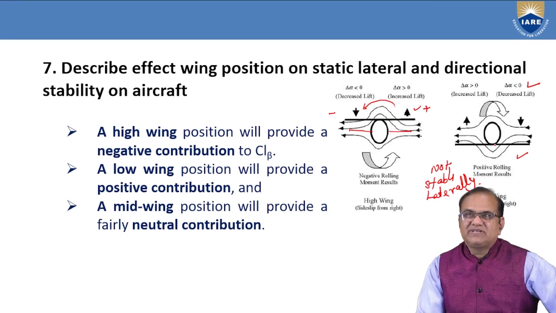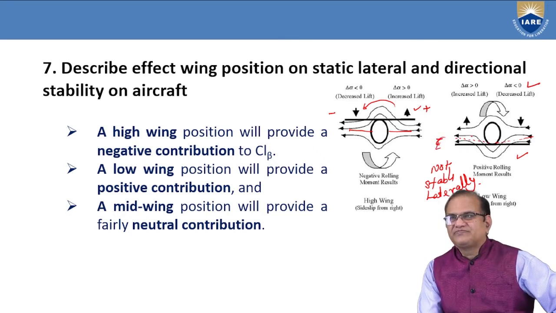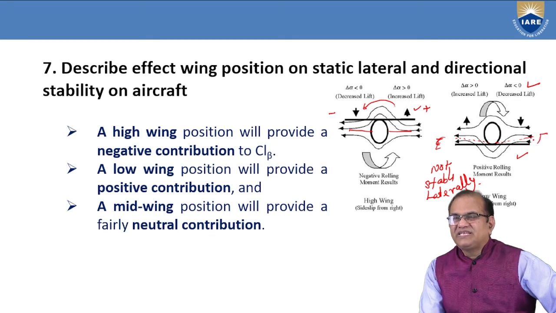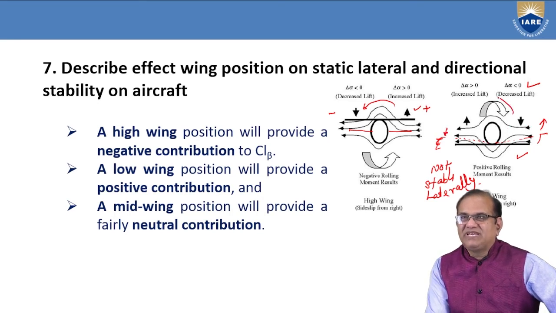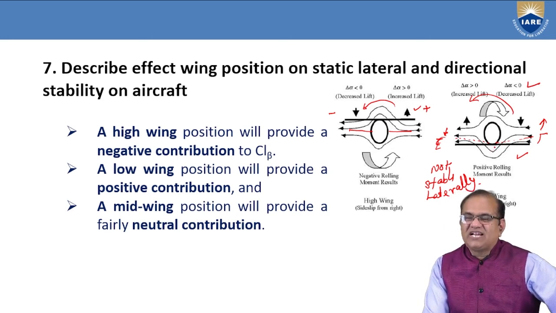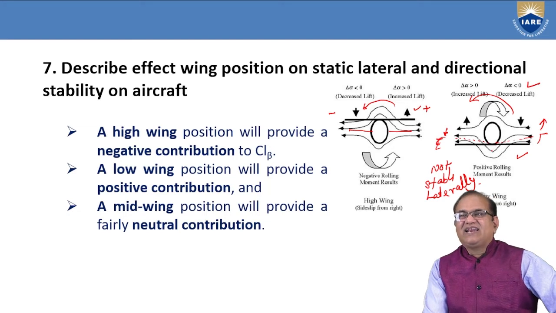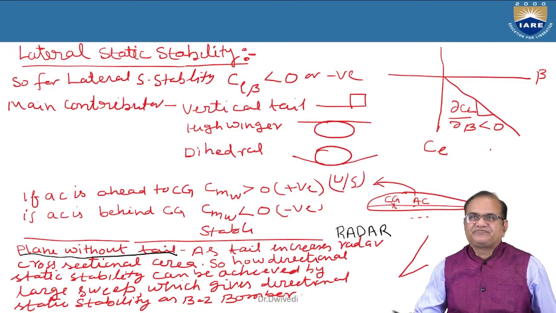So in this, if we make some changes in the wing, like dihedral, if you make this thing like this, it can achieve the lateral stability also. This angle is gamma. This gamma, or the dihedral angle, will provide more angle of attack in this wing. So lift will be in this direction, and here it will be less, and it will be in the opposite direction. So if we make a little change in this, even with a lower wing, we can get the lateral static stability. That we are going to discuss in the next slides.